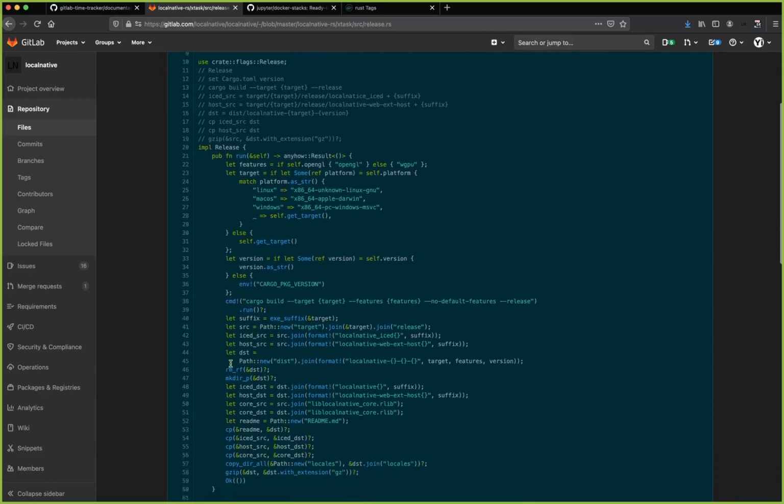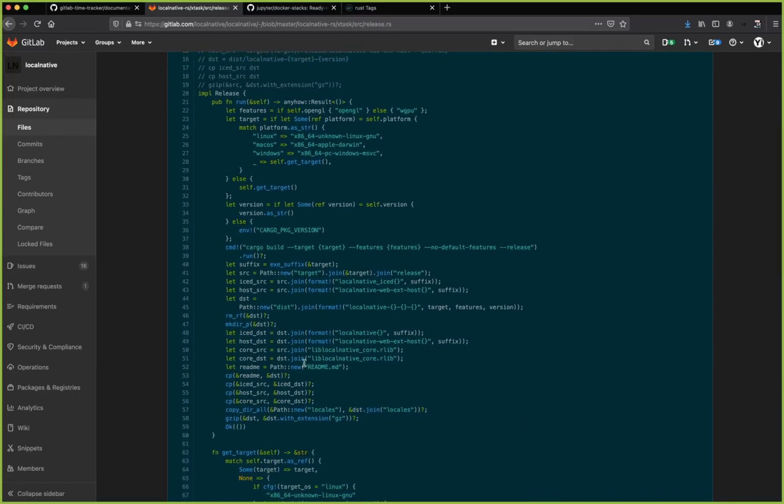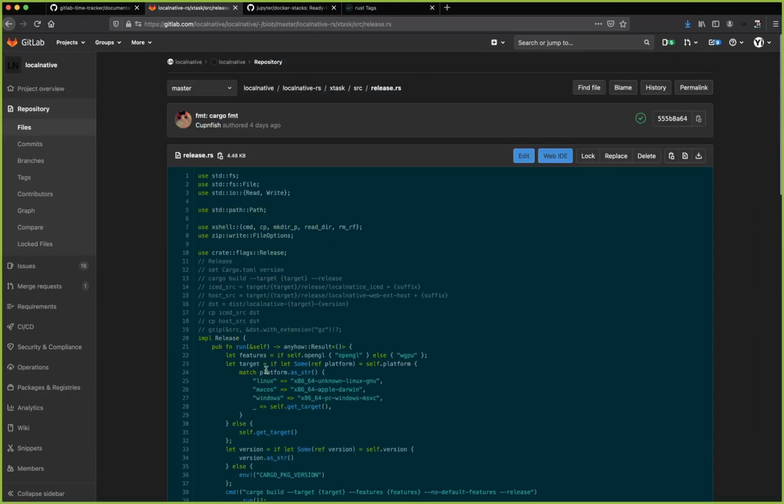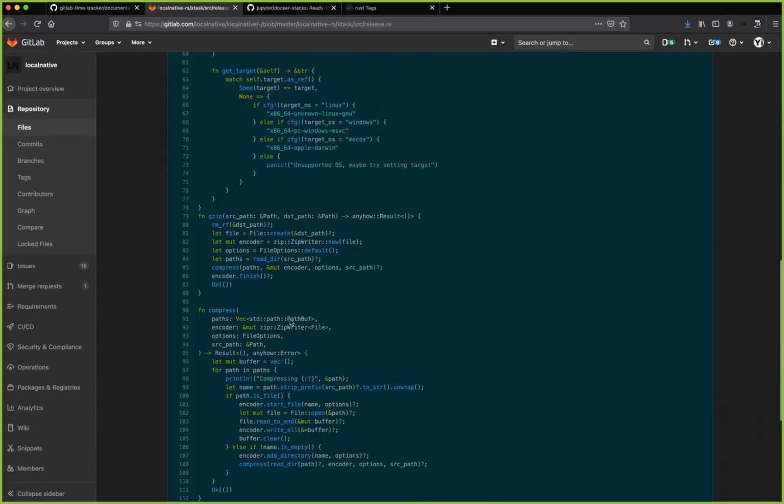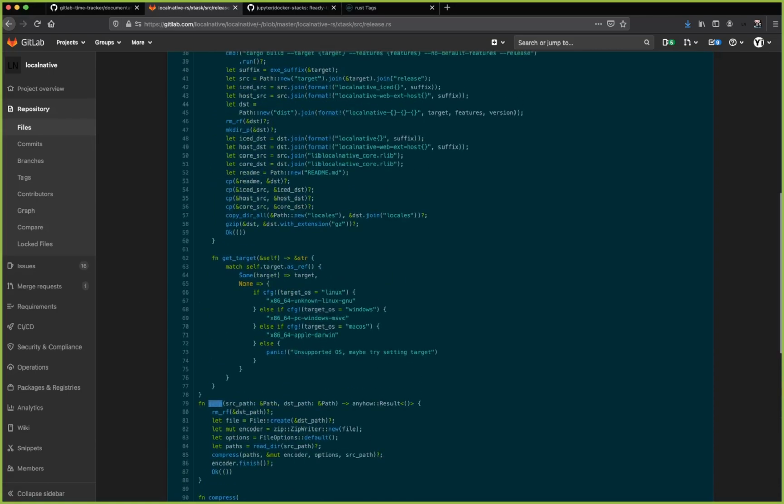So here we try to do a release by building those binary files, those targets. We build the graphics interface program, the IDE program. We also package the extension, and there are compression steps. So we actually gzip those files together. So this Rust program is using the